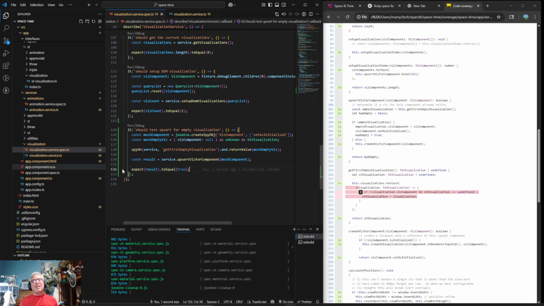And so I think this is something we could muddle through, but I don't care. I just want 100%. I just want my perfect scores. Should get first empty visualization.